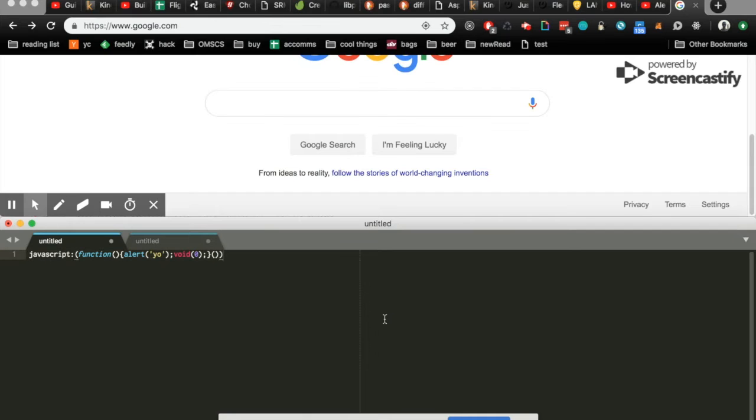Let's look at the JavaScript we pasted in. So this is a link that we're clicking up here, and having just javascript with a colon is a keyword that lets the browser know we're running JavaScript. These parentheses on the outside just say execute this inner part, and the inner part is a self-invoking anonymous function. These parentheses at the end of it right here just mean execute,